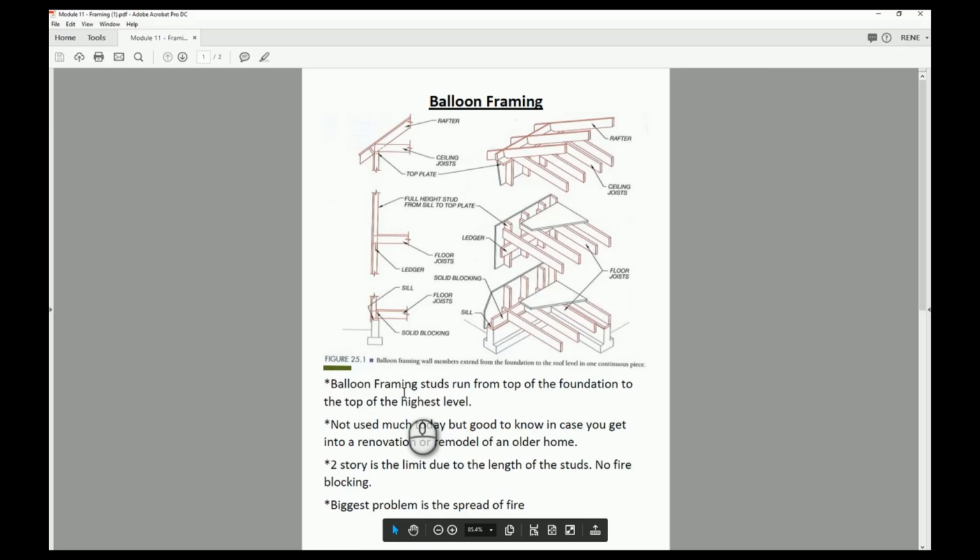There's a couple of reasons why it's not used today. One is the length of the lumber that would be required. We have depleted a lot of our lumber, especially the larger species of wood, so it's very difficult to get studs in lengths this long to be able to do that. So that's the first reason. The second reason is because this is a continuous shaft, fire can spread very easily. The insurance companies do not like that,